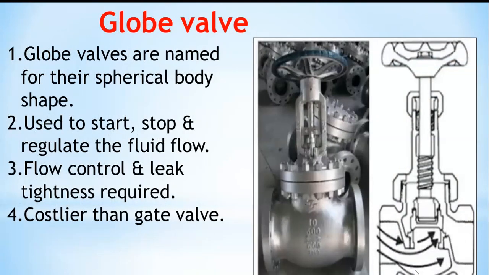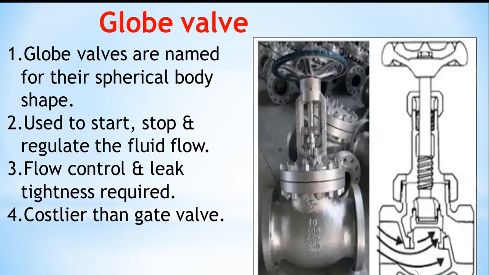Here we'll talk about the globe valve. Now, the globe valve and the gate valve are often confused in the industry. We just differentiate them on the basis of their shape. That is, the globe valve is usually in a globe-like or spherical structure, and it has the main feature that, unlike the gate valve, it can have an intermediate position. That is, it can be fully open, it can be fully closed, and it can also have an intermediate position. Now, these valves are also used for the same purpose as the gate valve. That is, they are used for isolation or for throttling.